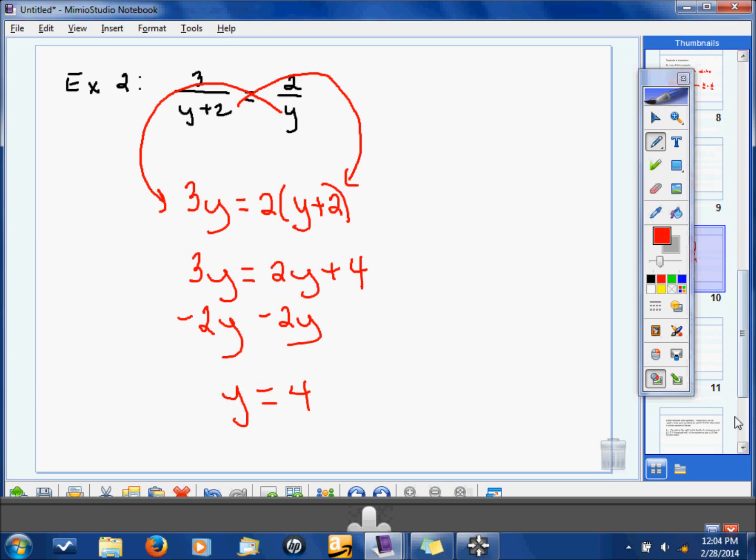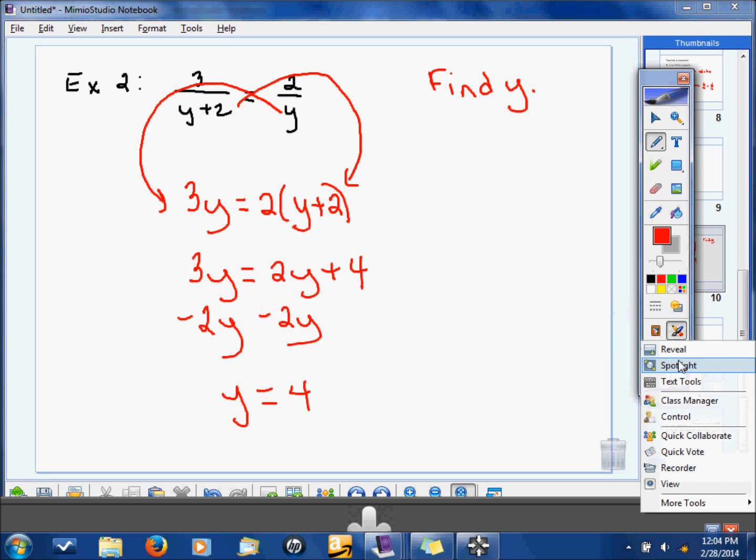Antonia? Will we just find y or x, whichever case, or will we put it in the problem itself? It would depend on what the question asked. Usually, like this one would say find, we'll give it a direction, find y. Okay, then you know what you're asked to find. If they ask what would the proportion be, then you could plug it in and do that, but this is just find y. All right, I think I'll probably need about 10 minutes when we get back, but